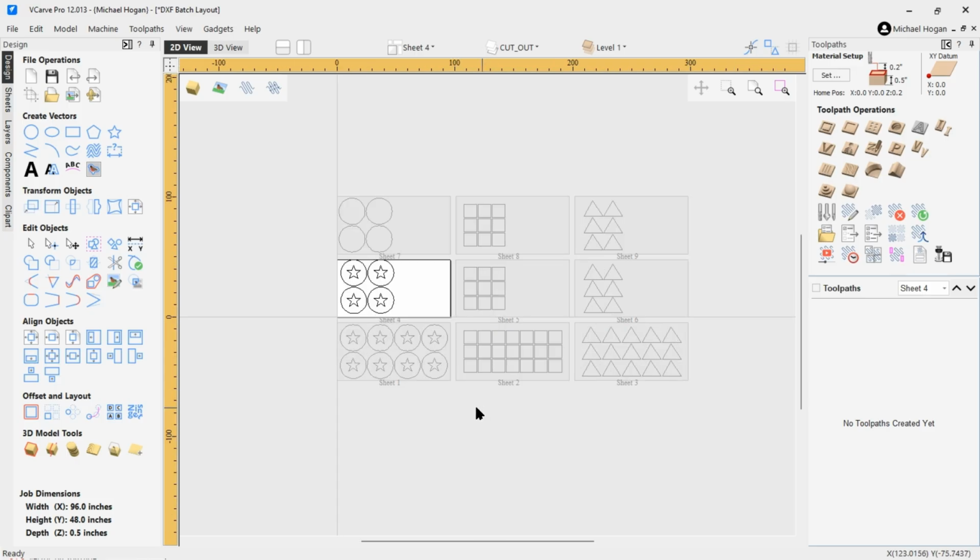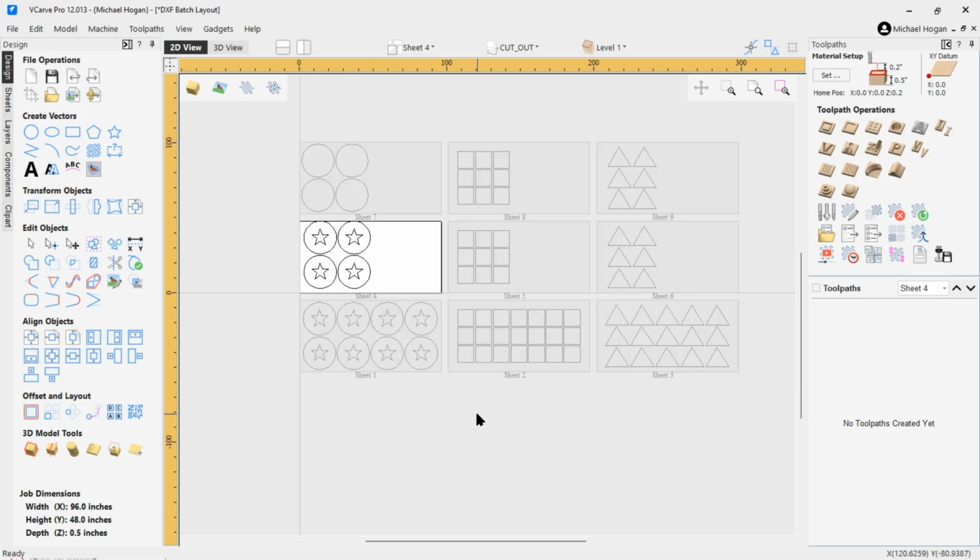These were imported using the DXF batch processor, which was originally created by Vectric, which I have modified with a new sheet management and a button that shows the files of the directory that you're going to be importing with the DXF batch processor. So let's get started with this and look at the various types of